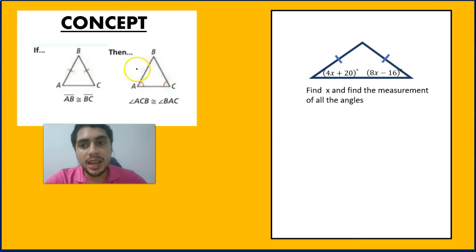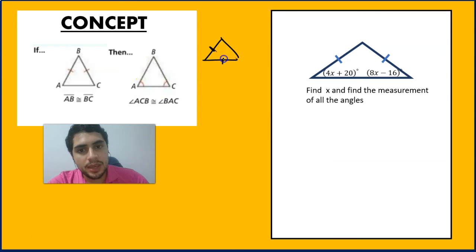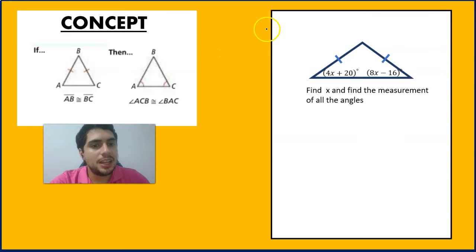So again, guys, whenever we have a triangle, any given triangle, and we have two congruent sides, the opposite angles to those sides are also going to be congruent. Very, very important. Now let's take a look at this problem here, and we're going to call it A, B,